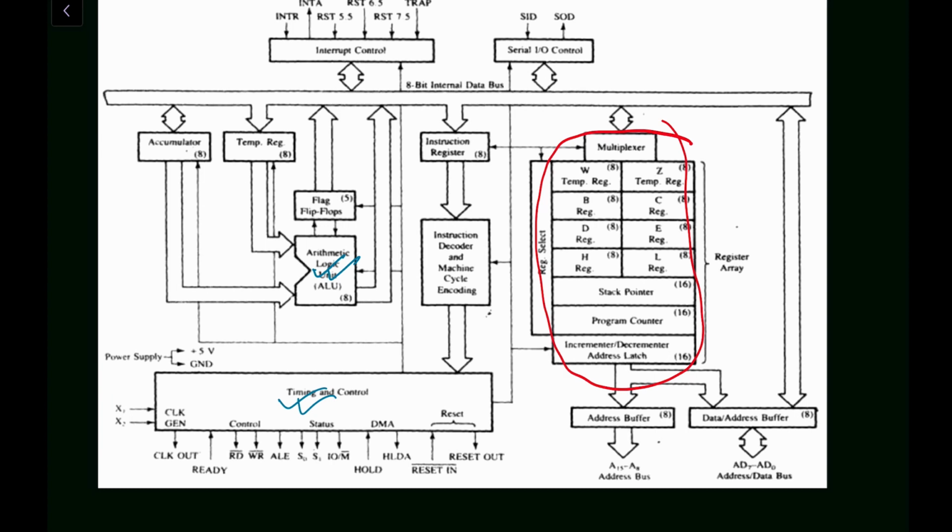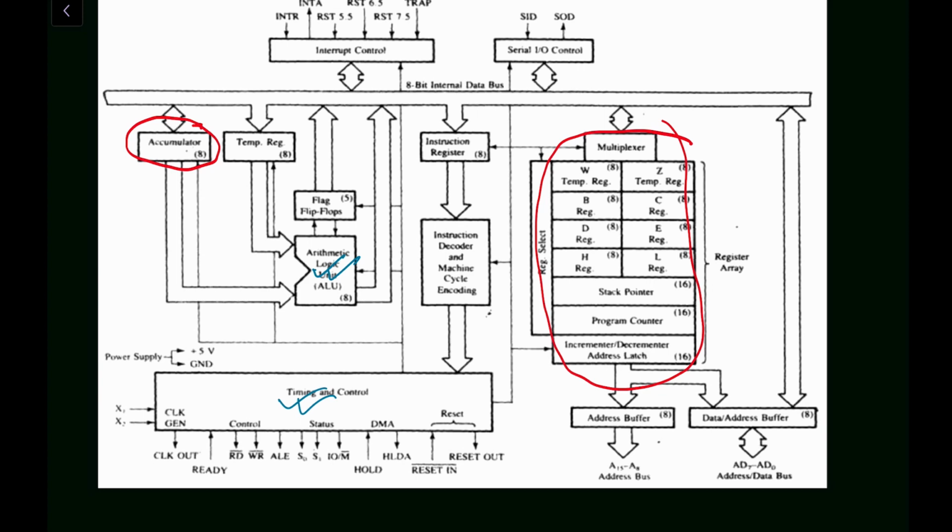So here you can see we have one 8-bit accumulator. This is also a register, part of the register unit. Accumulator means, let me explain in brief, that it is an 8-bit register, or we can say that it can store 8 bits of data for various operations, and this accumulator is used for one of the most important purposes, that is the arithmetic and logical operations. We will always use the accumulator. So this accumulator is 8 bits long. It will hold 8-bit data and it is used for the operation in the arithmetic and logical unit.